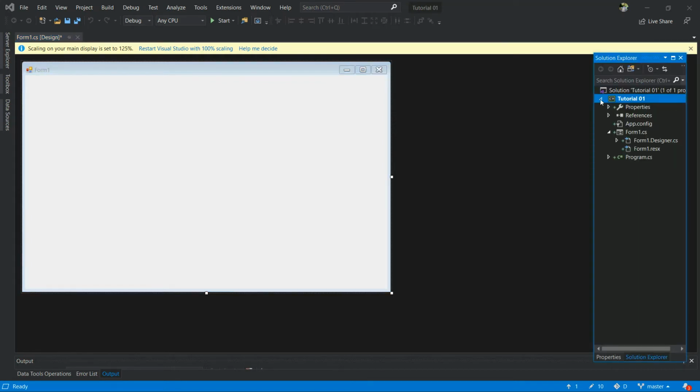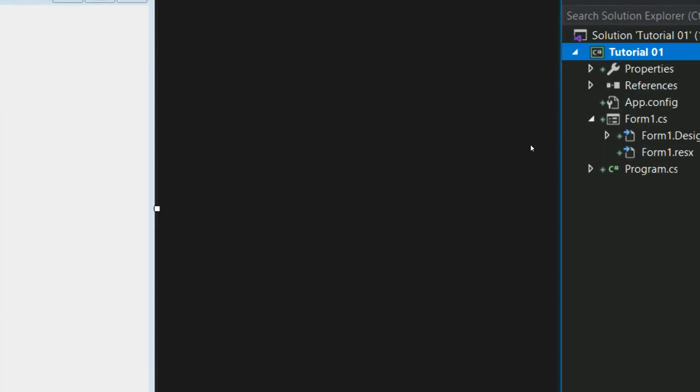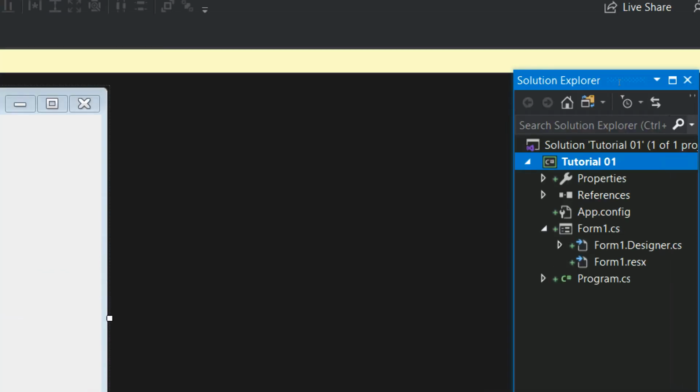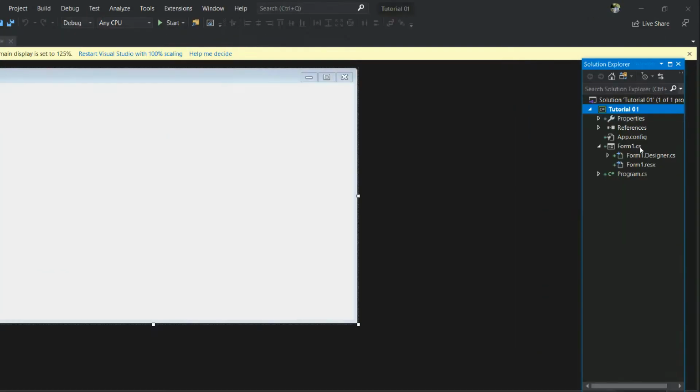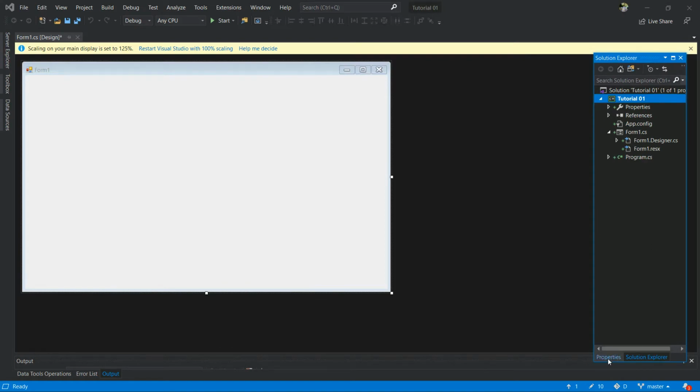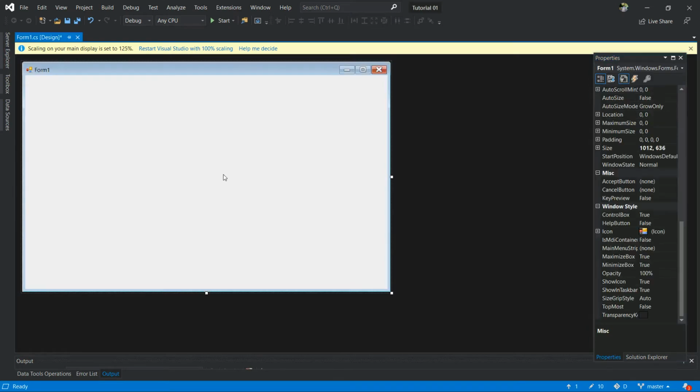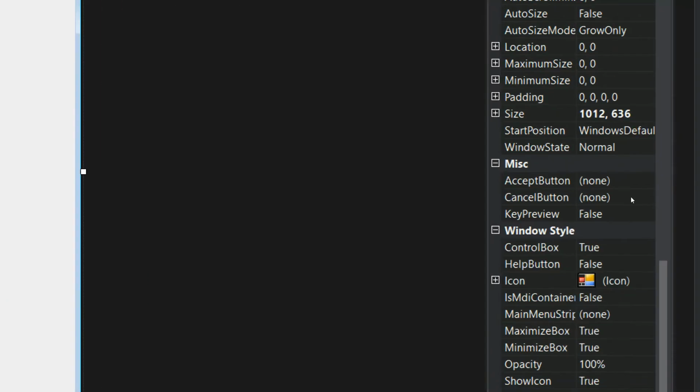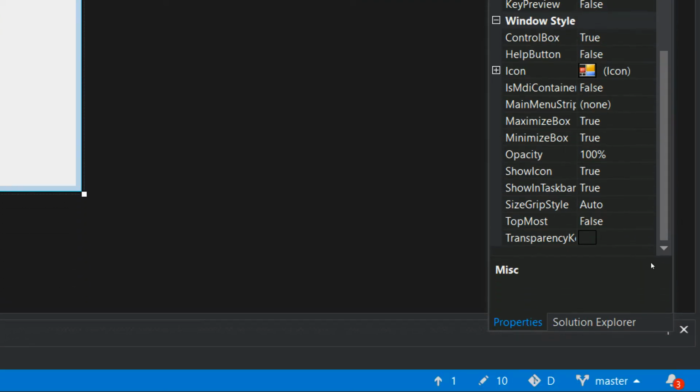In Solution Explorer, it will list all of the projects available under this solution. And inside the Properties window, you can change or add events related to the form.